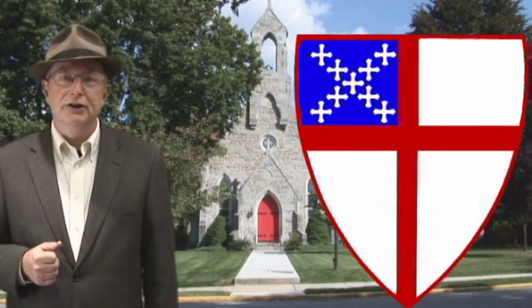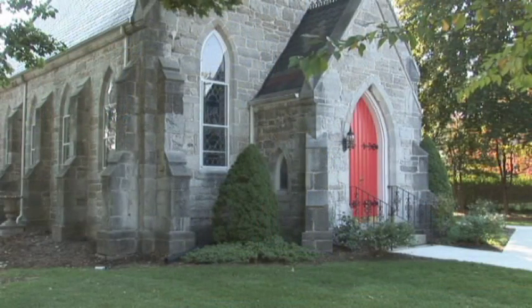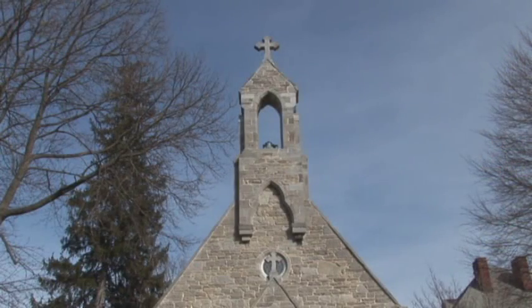St. James Episcopal Church is a perfect example of outstanding architecture in a small structure. It was designed by one of the greatest architects of the 19th century. The style is Gothic Revival, and that's a reprise of an architectural style from the medieval age, the style we